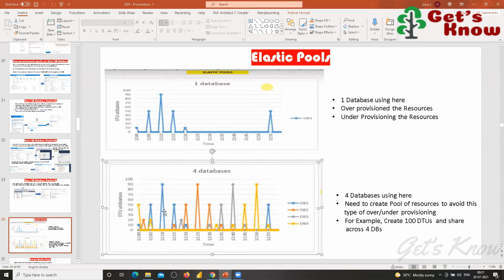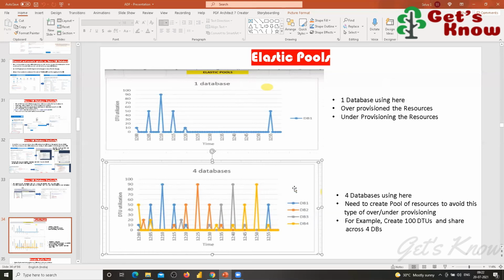At 12:10, blue takes 90, and then again 90 is reached by orange at 12:25 only. So at that time the rest of the DTUs are available, so they are used. I hope you can understand what I'm trying to say. So this type of feature will be available when you are using these elastic pools.